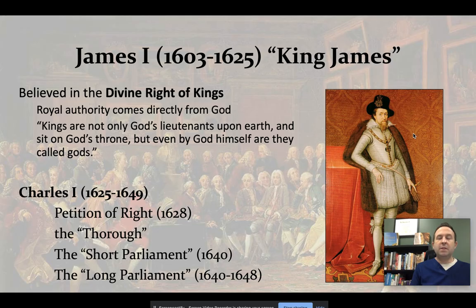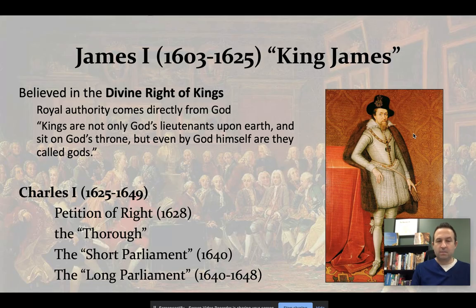James believed in the divine right of kings. He claimed no bishop, no king, in response to Calvinists who wanted to eliminate the system of bishops in the Church of England. In other words, he believes in that strict hierarchical episcopal style of church. You have a king, you have a bishop, you have a hierarchy. He was a firm believer in absolutism. He was being pressured by Puritans to purify the Anglican Church, but he didn't do so because he thought it would threaten his control.